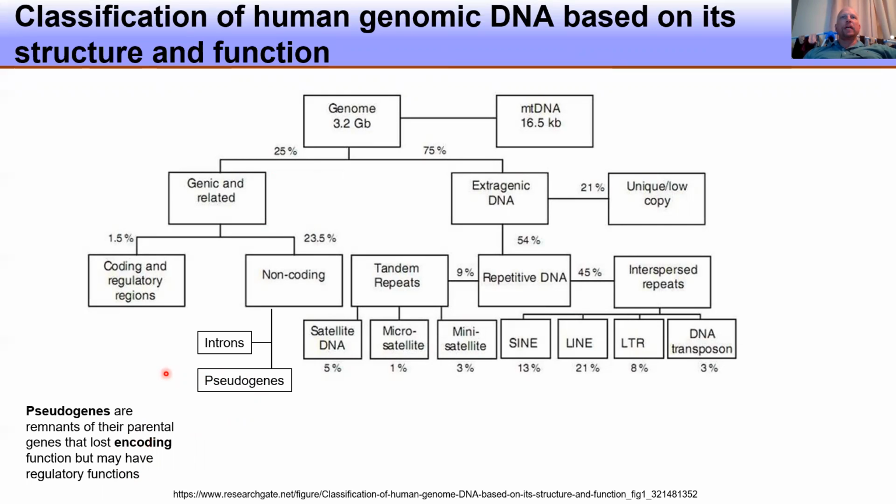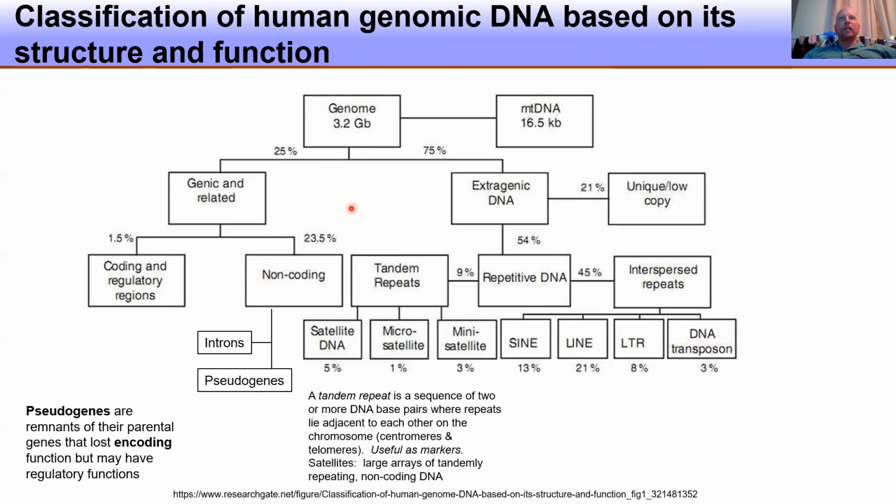So if we look at the other parts of the diagram, and now we'll go over to the right-hand side, this is the extragenic DNA, so the DNA that is outside of coding regions. It's nothing to do with expressed regions of DNA. And we can further divide that up. We have unique sequences, and then we have repetitive DNA, and then we divide that further into tandem repeats and